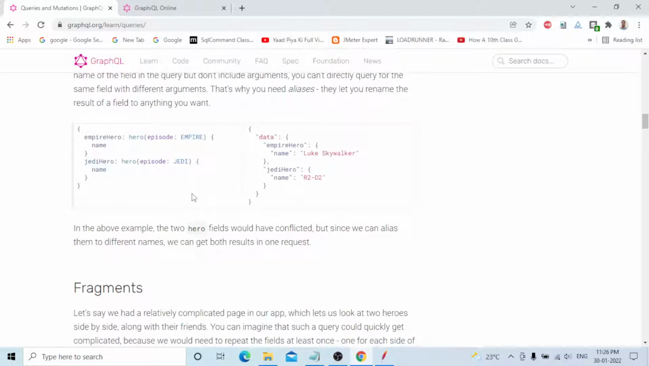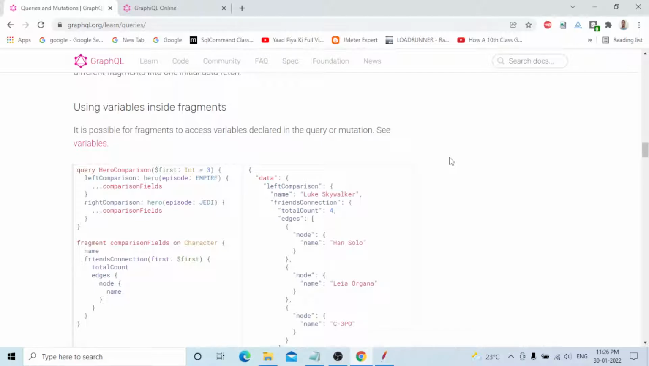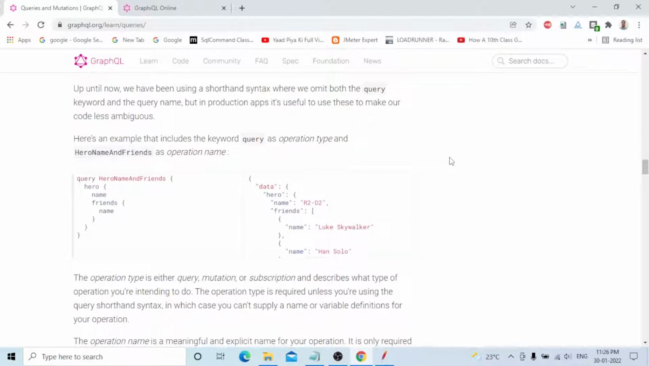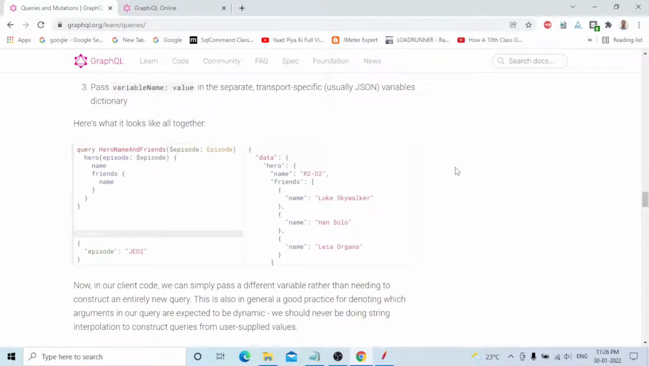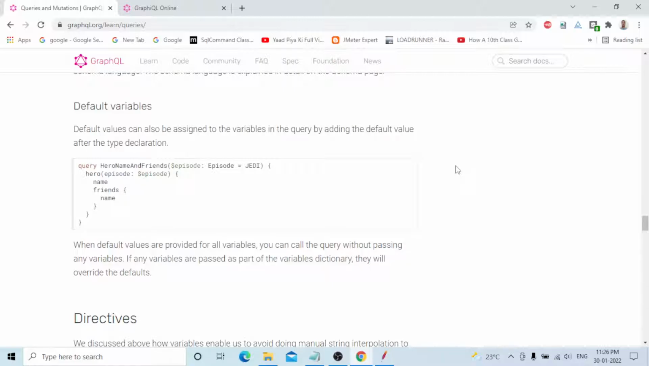Everything has different types of methods and multiple queries. For example, this also has two queries, one is Empire, one is JD. Okay, two queries. It's different methods, and you can use fragments. You can see fragment left comparison, right comparison, and the fragment will keep the entire data, left side one side, right side one side. Different methods will be used in GraphQL. Okay. All the methods you need to read and understand, and based on your GraphQL playground you